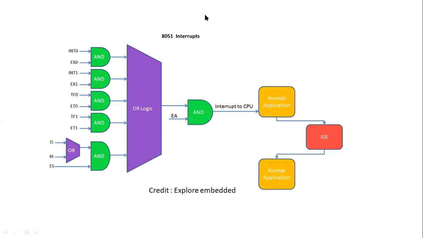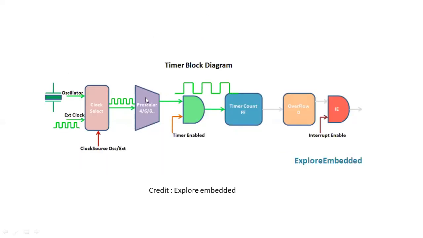Now here, madam, what is the prescaler? Prescaler is used to adjust the frequency of the clock. If the frequency of the clock is 12 megahertz, the whole 12 megahertz is not useful for the timer. You can use a different frequency. With the help of the prescaler, you can divide the frequency by 4, by 6, by 8, like this. Whichever frequency you want, you can select from this prescaler and apply it to the counter. A suitable frequency is generated with the help of the prescaler for the timer counter. Are you clear?